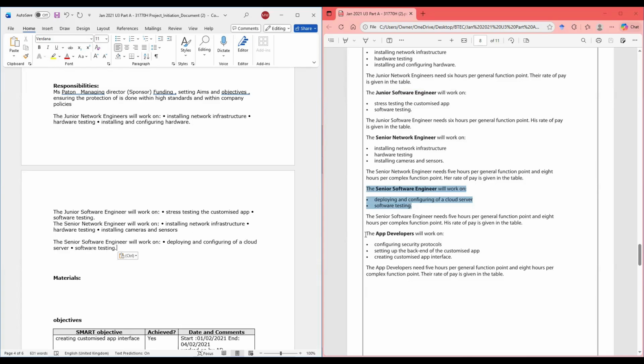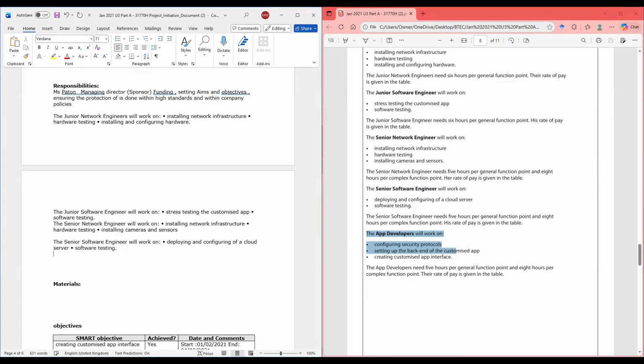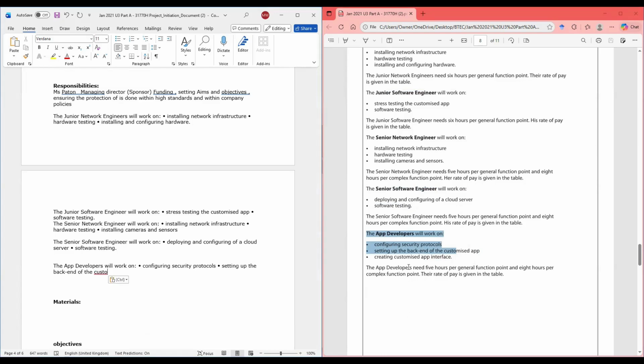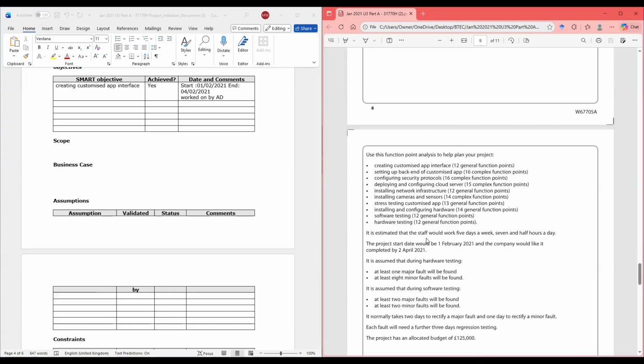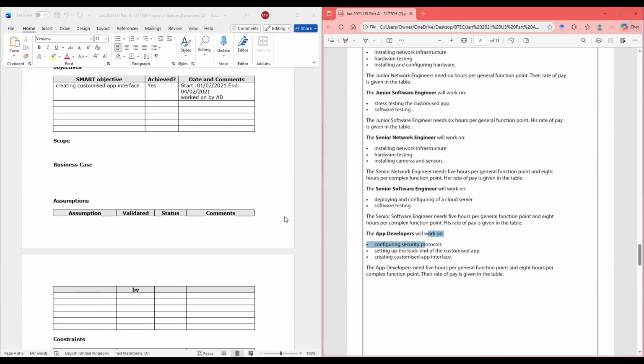Then we do app developer will work on these. All right, is that it? Is that it for now? Yes, so far so good. All right, so,